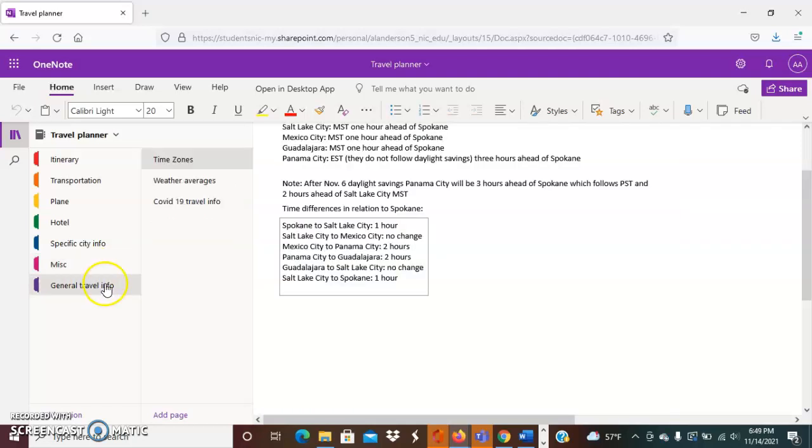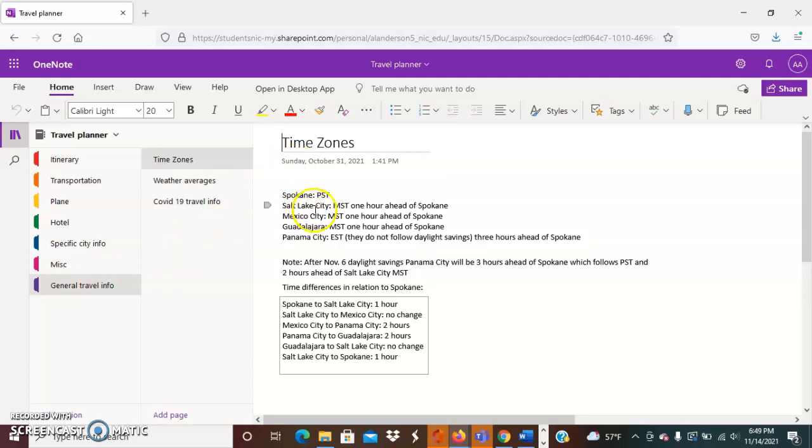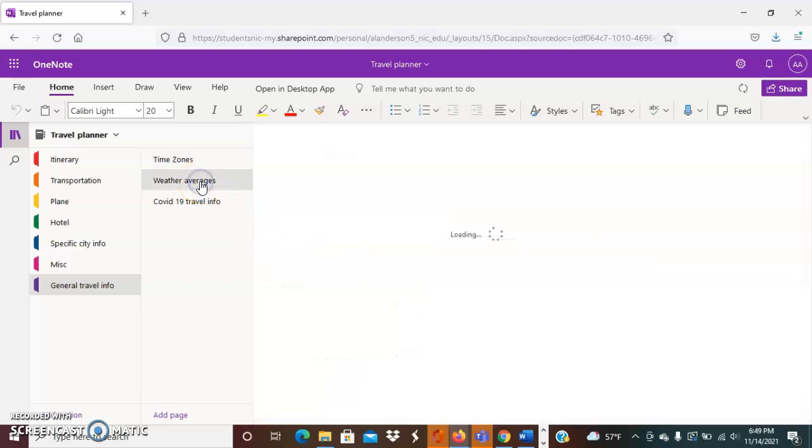And then if you go to the general information tab, I have included the time zones. There are a couple of time changes. I've included what the changes are and exactly how different the time is between her trips to and from the airports and her layovers, while also considering daylight savings, which is on November 6th, just 2 days before her trip.